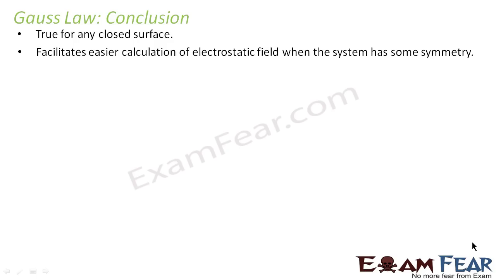I told you long back, when I was talking about electric field, how we calculate electric field at different points for different kinds of conductors. Now I will tell you the same thing with the help of Gauss's law, and you will see a marked difference in the calculation. There we had to do a long calculation: first consider this triangle, then that triangle, then sine theta, cos theta and so on. But now with Gauss's law, we just have to choose a suitable Gaussian surface, apply Gauss's law, and we will reach the result in a spur of a moment. So now we will look at certain applications.